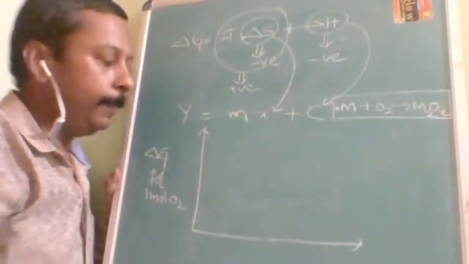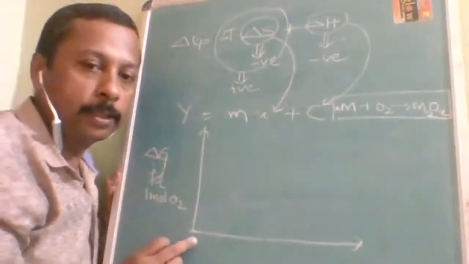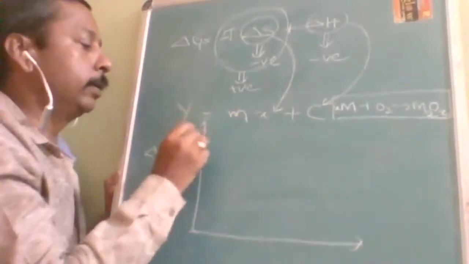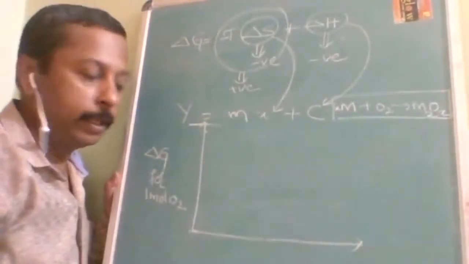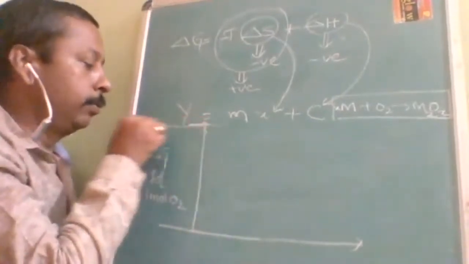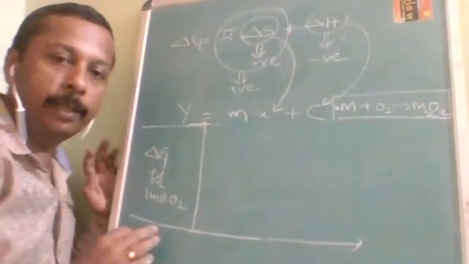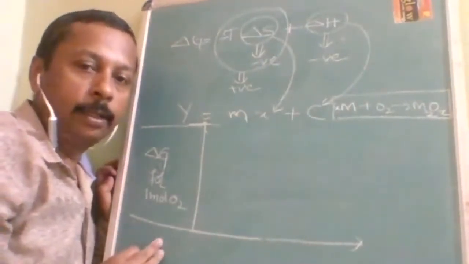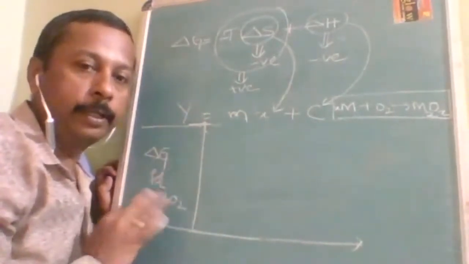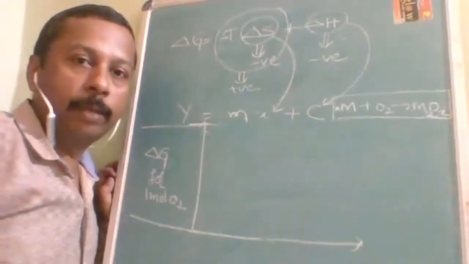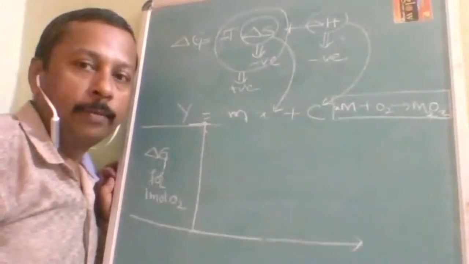Now normally zero starts from here, but here zero does not start from here. Zero starts from here. You can cross check with the NCERT. There is a big, complicated diagram given. You need not mug up that complicated diagram. If it is there in the examination, that same diagram will be given. Recently in the entrance examination, the same graph was copy pasted from the NCERT and given. You should be able to understand what is given.